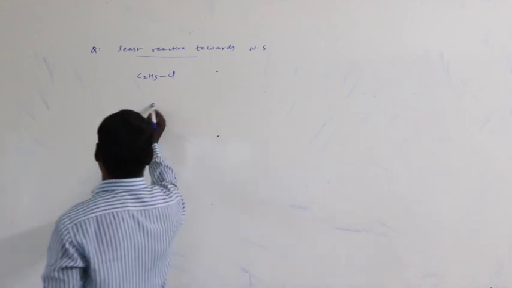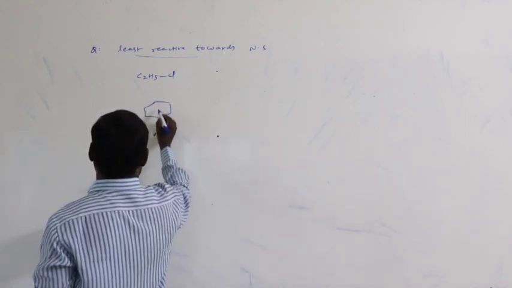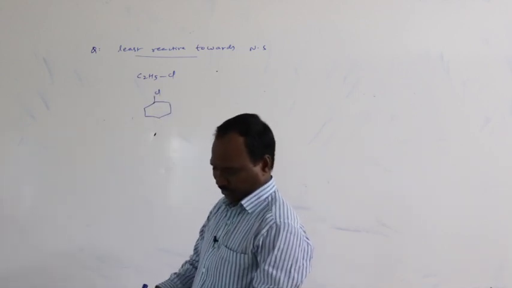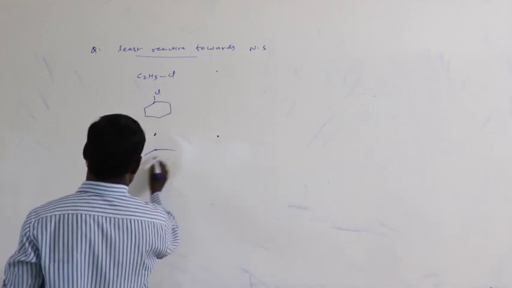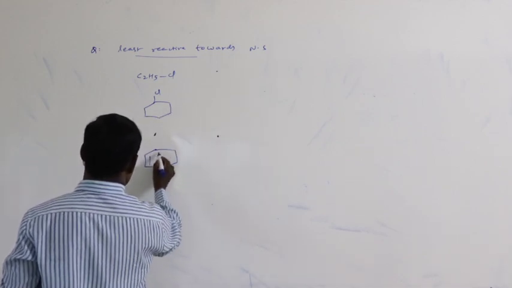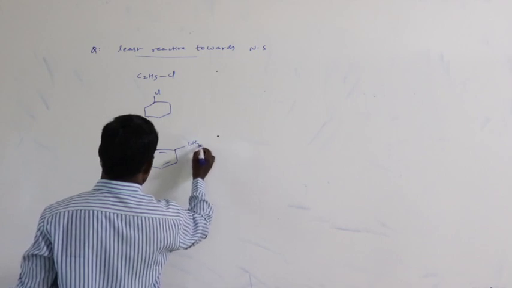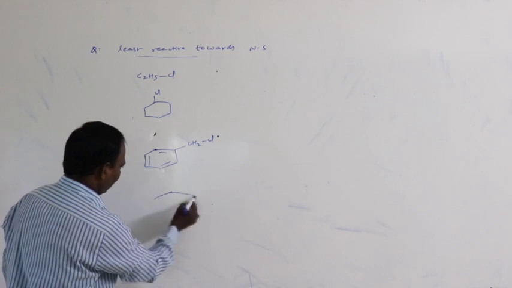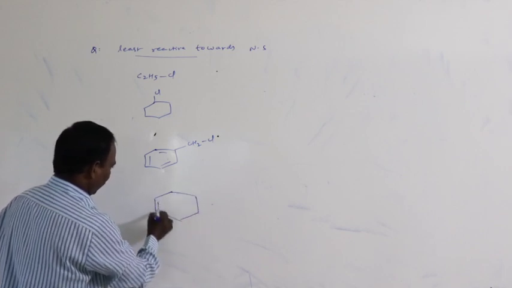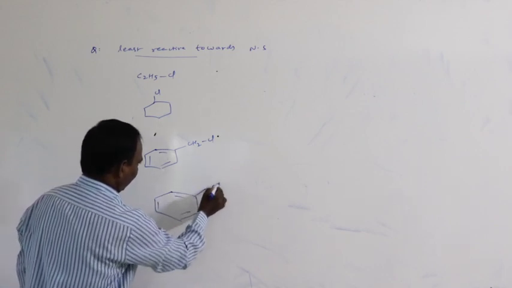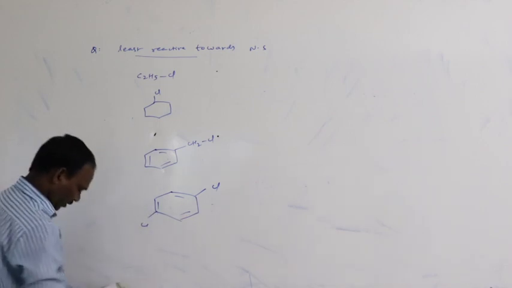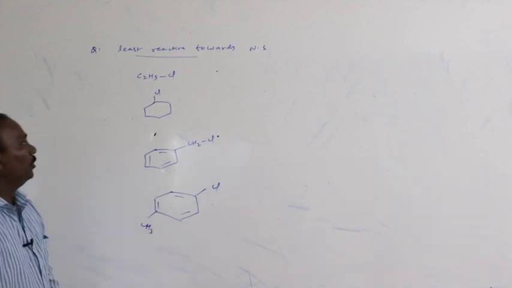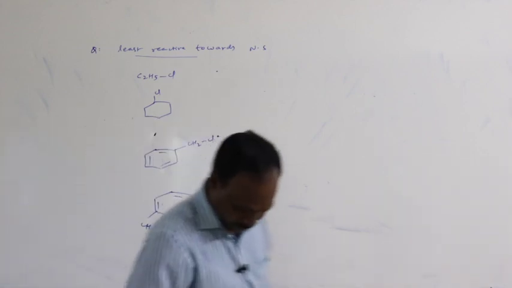Second one is chlorocyclohexane. Third option is benzyl chloride, C6H5CH2Cl, benzyl chloride. Fourth option is parachlorotoluene. Here chlorine is on the ring. Which one is the least reactive towards